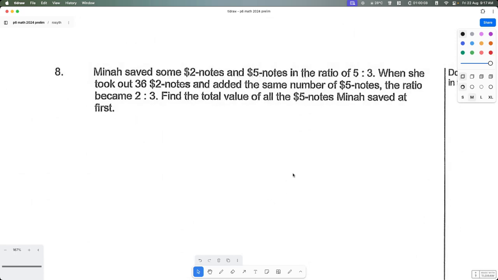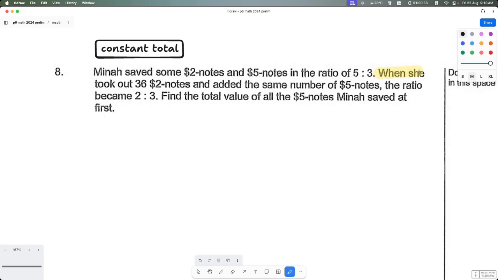Question number 8. It says here Mina saved some $2 notes and $5 notes in the ratio of 5:3. When she took out 36 $2 notes and added the same number of $5 notes, the ratio became 2:3. Find the total value of all the $5 notes Mina saved at first. So this is what we call constant total. The reason why it's constant total is because when she took out 36 and added the same number,